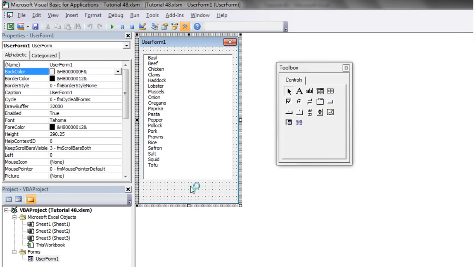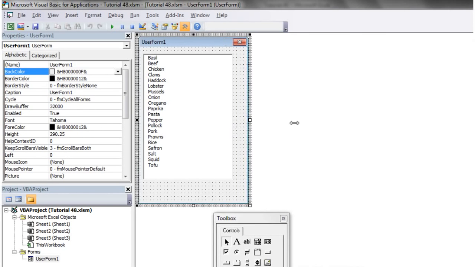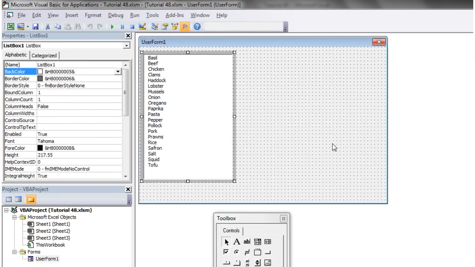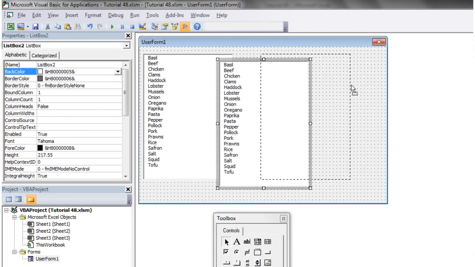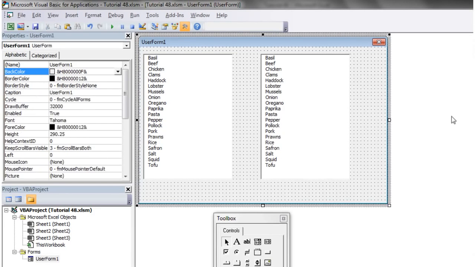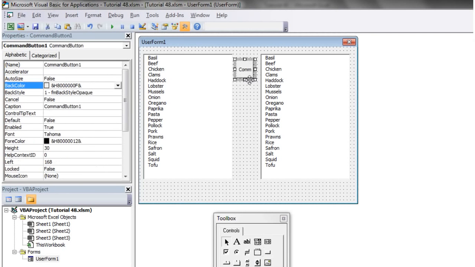And this tutorial is going to show you how to carry on doing your list boxes. This is something that's been requested by quite a lot of people with list boxes: people want to be able to have two list boxes and move the information from one into the other. So I'm just going to copy and have two list boxes like this, and then I'm just going to have a button on one side